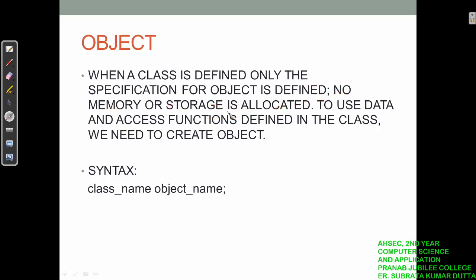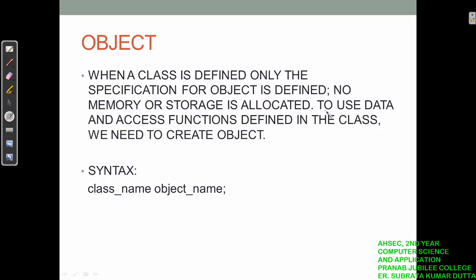That means the values cannot be stored anywhere, and we cannot do any processing with that class. So no memory or storage is allocated when we only declare or create a class.